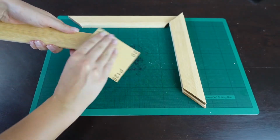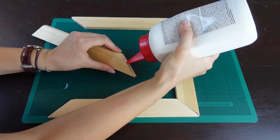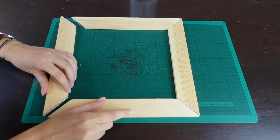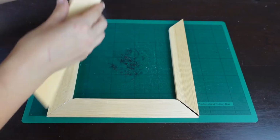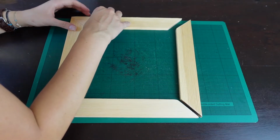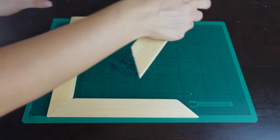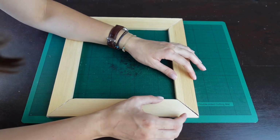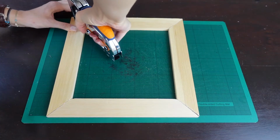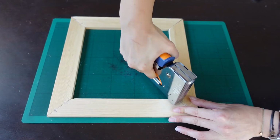Once I had all four pieces, I lightly sanded the edges of each piece with a 120 grit sandpaper, and then using some wood super glue, I glued the edges to form my frame. And when the glue dried, I also added 2 staples on the back side of each of the 4 connections